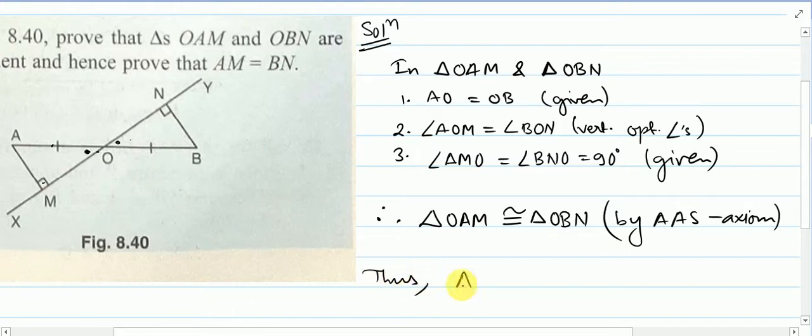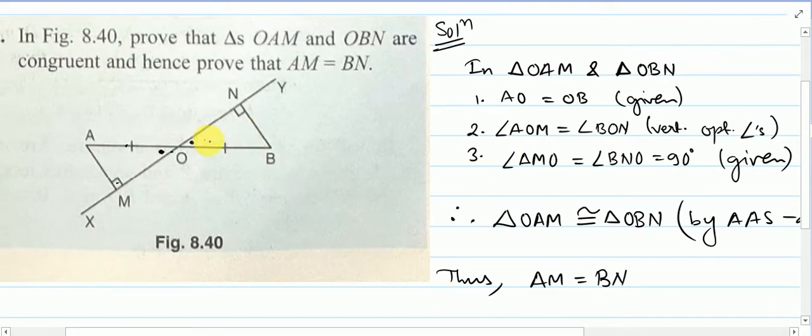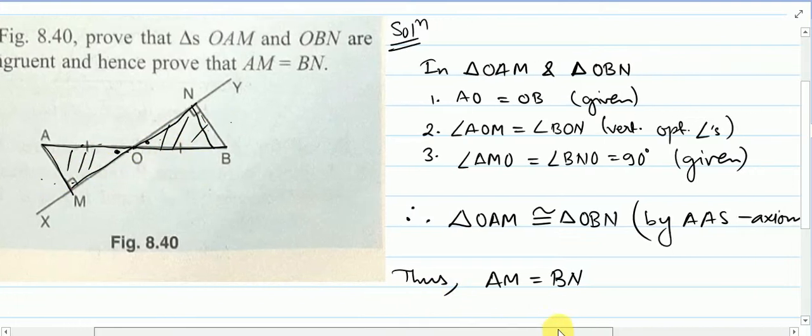Thus AM is equal to BN. Like here you can see we have proved that these two are congruent. Okay, where AO corresponds to OB, and corresponding to OM, here we have ON, therefore corresponding to AM we'll have BN. Okay, so corresponding parts of congruent triangles are equal, so AM will be equal to BN